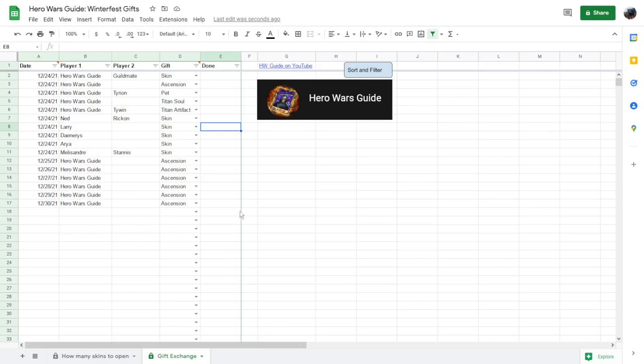So basically, the meat of it here is this grid that has a list of dates, players, and the gifts. So this is showing you that Hero's Guide, I came in here, I filled out some of these entries, and this is going to end up being much longer here, but you fill in a date that you're looking to do an exchange, fill in your name, and fill in what type of gift that you're looking for. So I said on day 1 I want all 5,